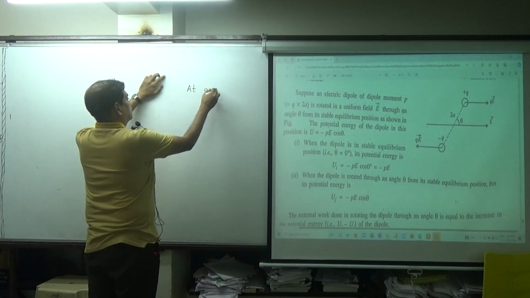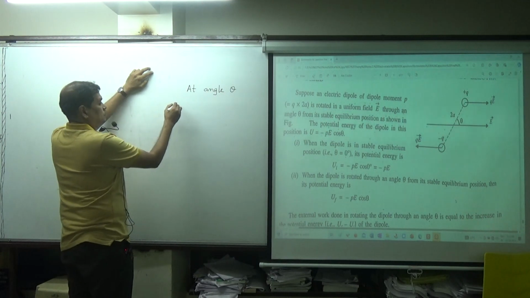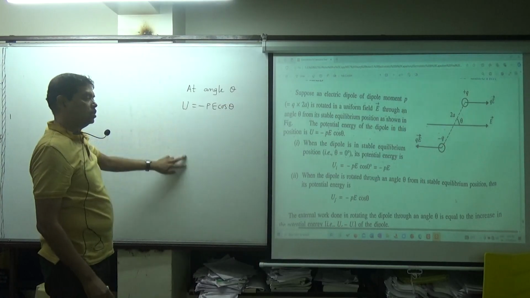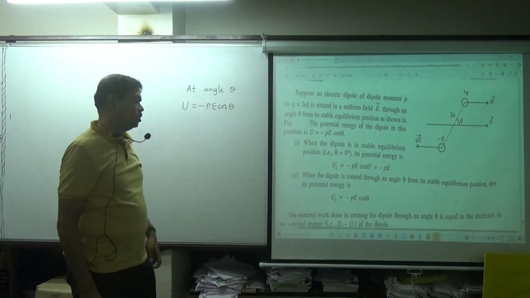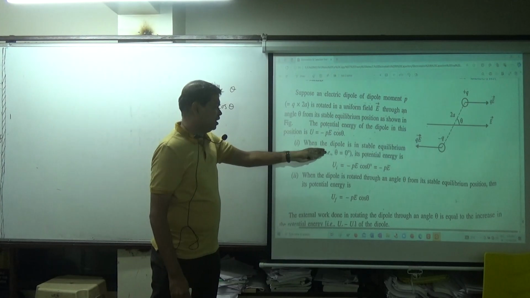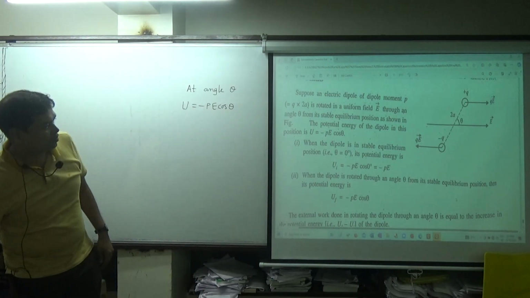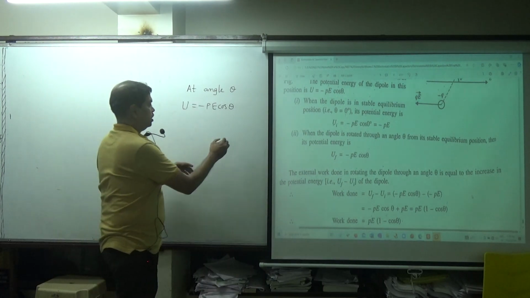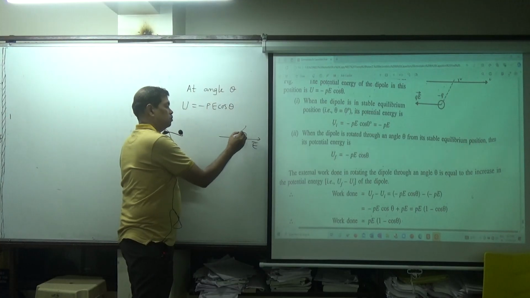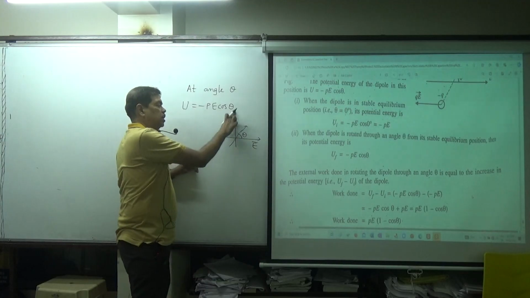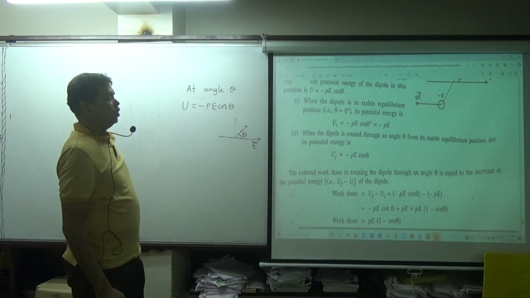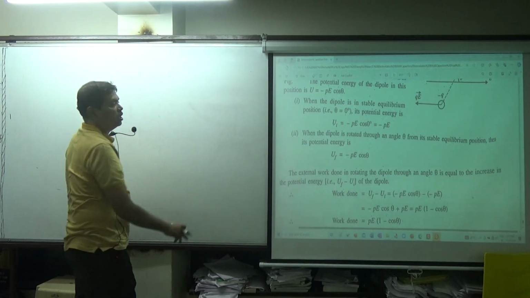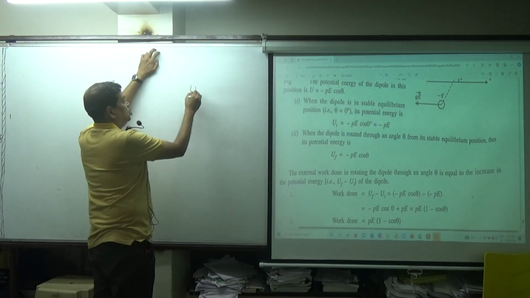At angle theta, potential energy of dipole U is minus P cos theta. Okay, and write down when the dipole is in stable equilibrium position. But this is very important: we are rotating it from 0 to theta, but at this point potential energy is defined from 90 to theta, so we are using the potential energy formula. So when the dipole is in stable equilibrium position, that is theta equal to 0, initial potential energy is equal to